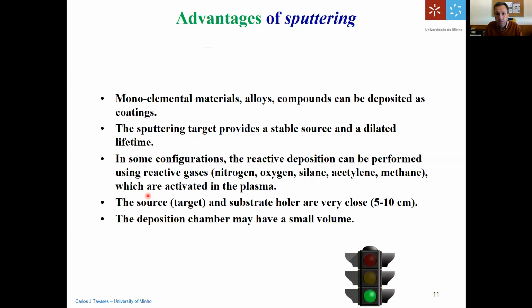And now I'm going to talk to you about the advantages of sputtering, and also about the disadvantages. Some of the advantages are you can do mono-elemental materials, like you can just produce a copper coating, or you can do alloys, complex compounds that can be deposited as coatings. The sputtering target provides a stable source and a long lifetime. In some configurations, reactive deposition can be performed using reactive gases like nitrogen, oxygen, silane. Silane is important if you want to